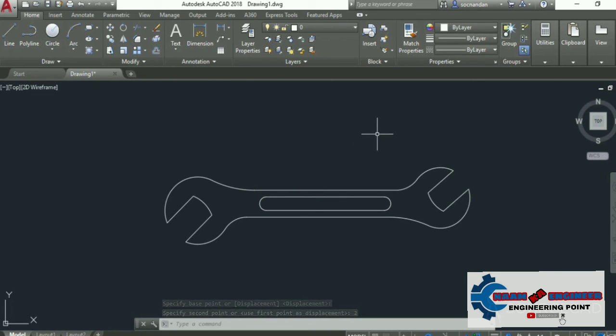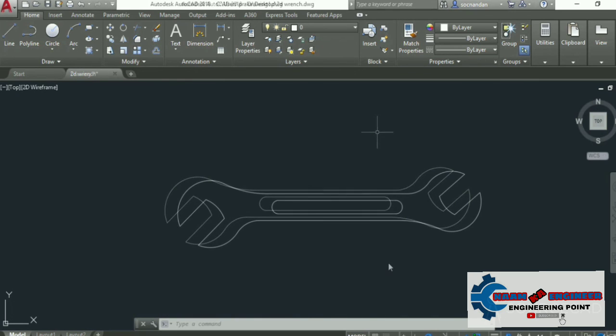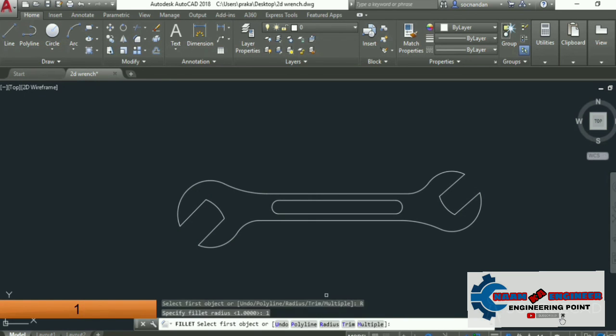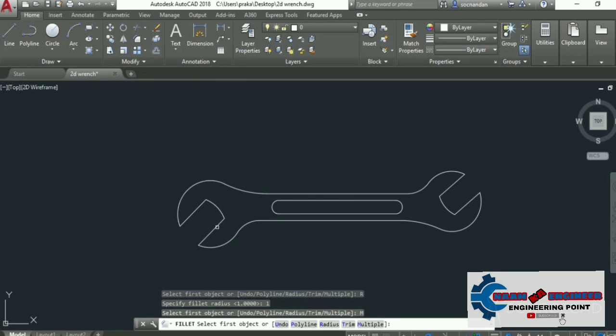Now if you want to add detail to this drawing, you can also apply fillet on some of the sharp corners in this wrench. For that, I'll go to the fillet tool, but before that we'll just explode these 2 multi-lines. So explode the multi-lines. Now go to the fillet tool, select radius and enter a radius of 1 unit. And now select the multiple option to repeat the fillet tool and apply the fillet between this arc, this line, and also repeat it for this side.